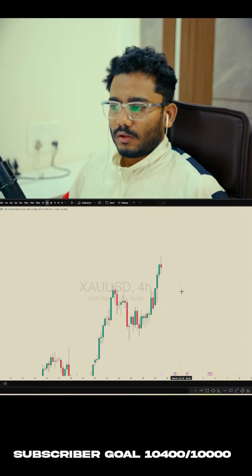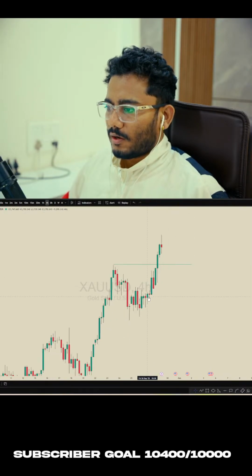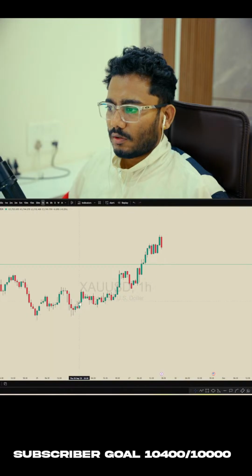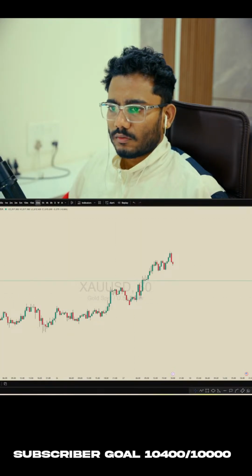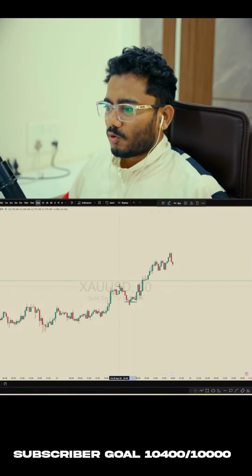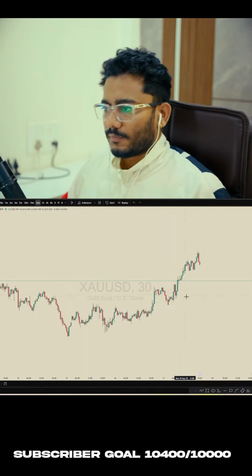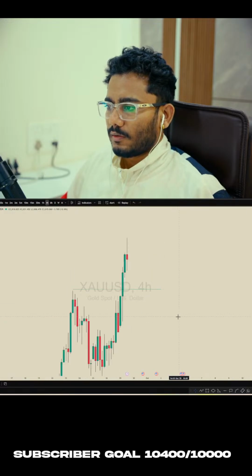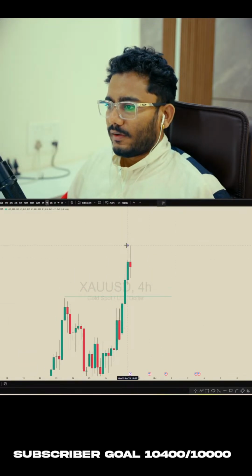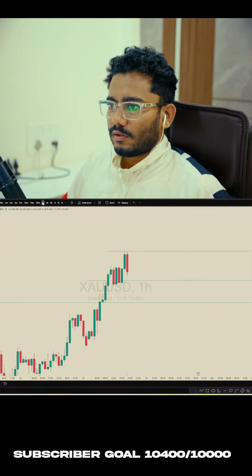Here, today morning I've bought the gold over here. I took the buy entry. Okay, here, price took out the liquidity, broke the structure, created new high, tapped the order block and started to go to the upside. Right now, if you look at 4 hour, then price has created this wick, so probably it will retest this 4 hour wick. Let's go to that event.